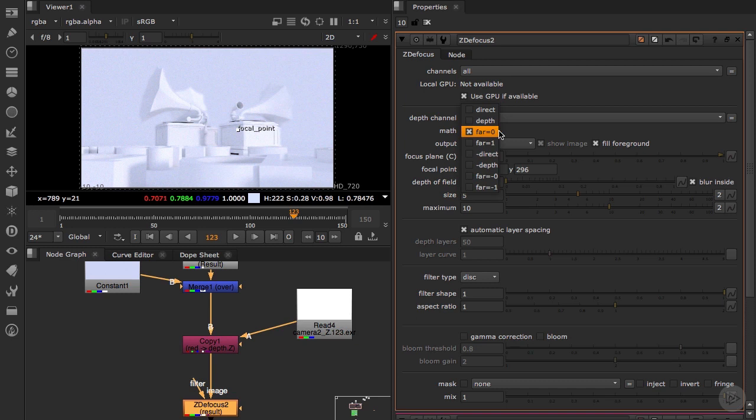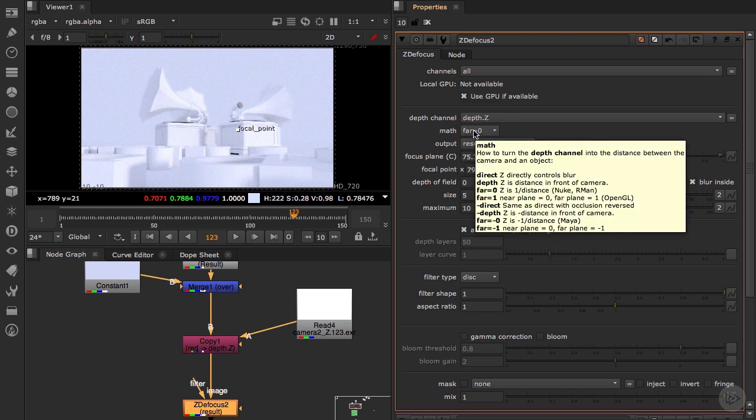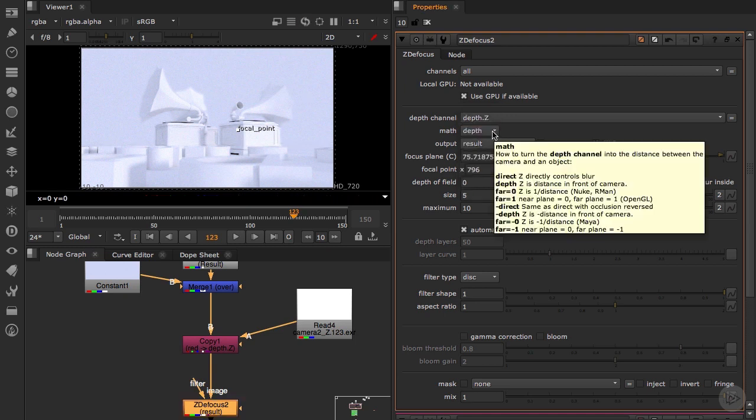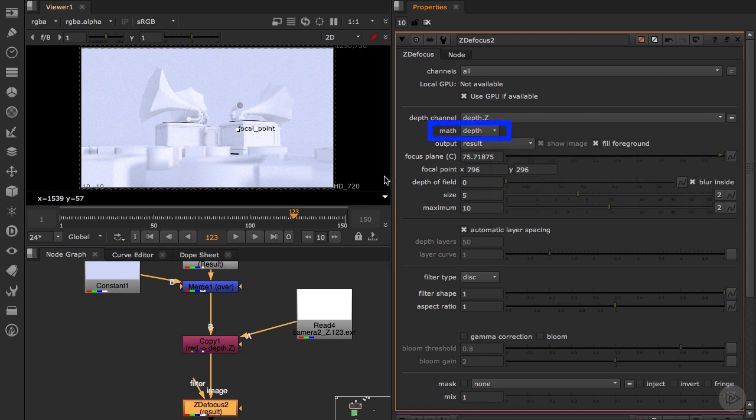Now you can adapt the math in function of the type of map you are feeding it. For example, here you can choose that one if black means 0 close to the camera, and you will choose this one if white means 0, so white will be close to the camera, if the map has been inverted, and so on. So if you keep your mouse hovering this knob, you'll have a short description here. Arnold uses the depth mode as each pixel represents the distance in front of the camera. So in order to work properly here, you will need to select the depth mode,